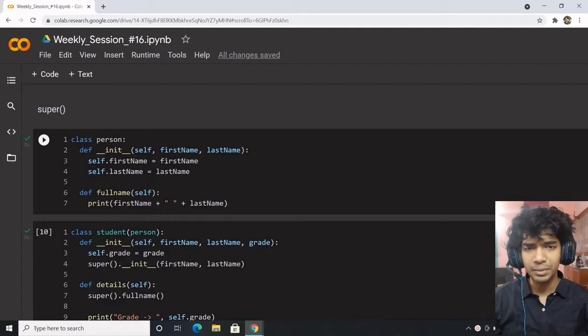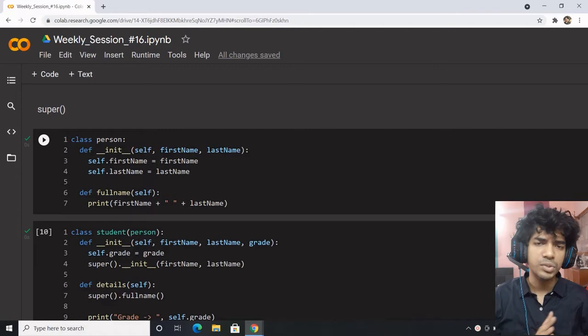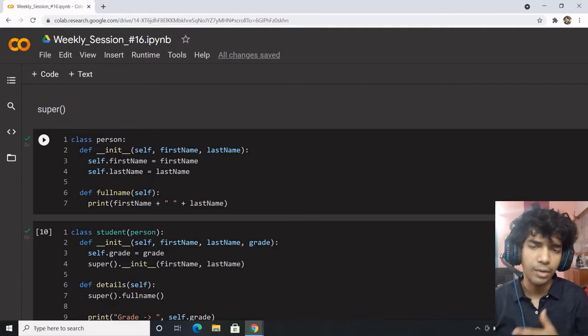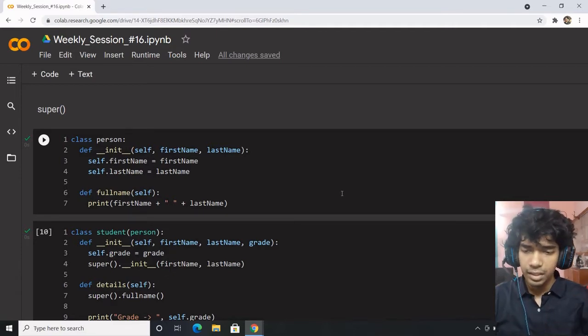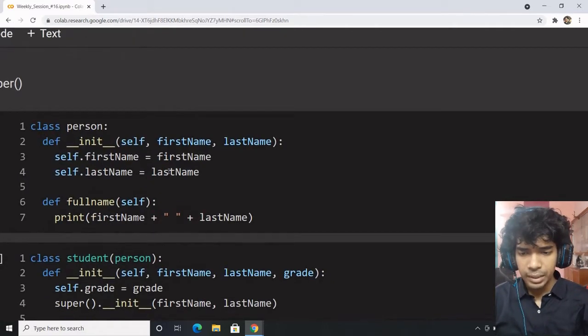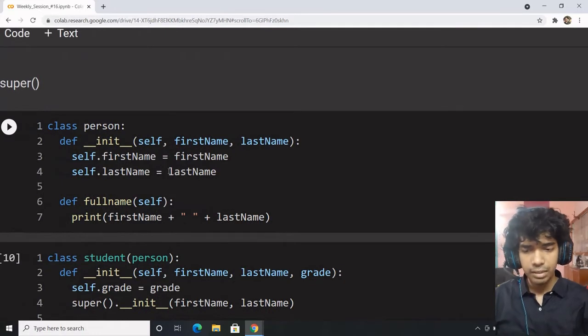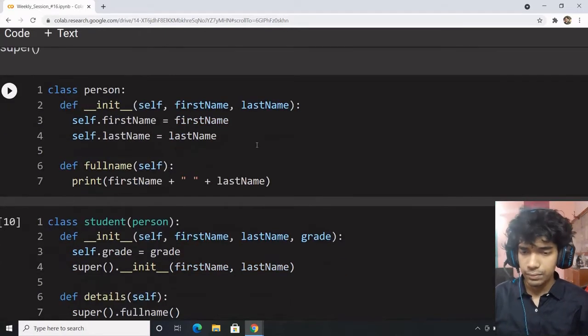What exactly is super, why is it used, why is it so popular? If you're into machine learning and deep learning, I can guarantee this is something you would use quite often, quite regularly, and it's essential for you to understand what exactly super is, what role it plays, why you should learn about super, and how it helps. Before we start referring to any other examples, we will discuss our very own examples. So this is what it is.